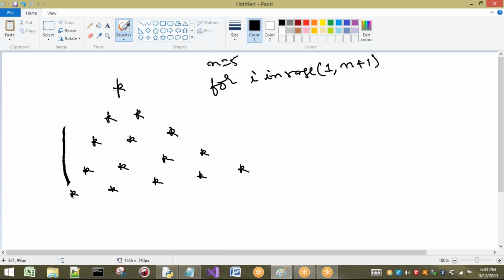From here to this star, how many spaces are there? Let us consider here 4 spaces are there. That means before the first star I require 4 spaces. Before the next one we have 1 less. That means 1 space is going to be reduced each time. Here 3 spaces, here 2 spaces, here 1 space, here 0 spaces we require. So based on that we have to write the logic.